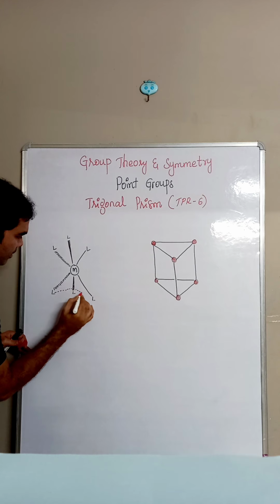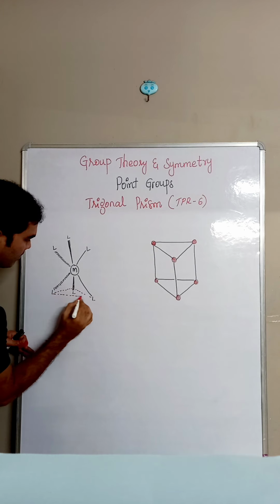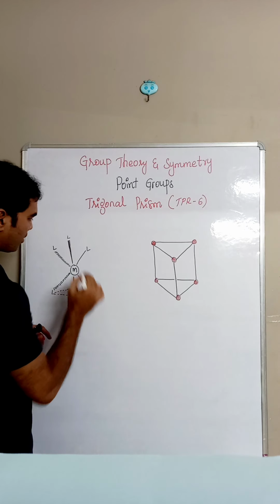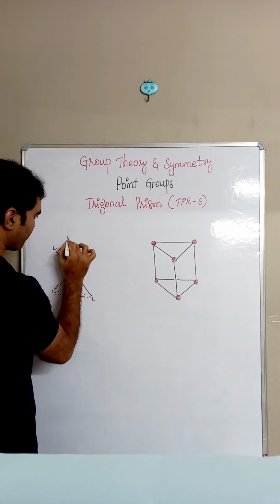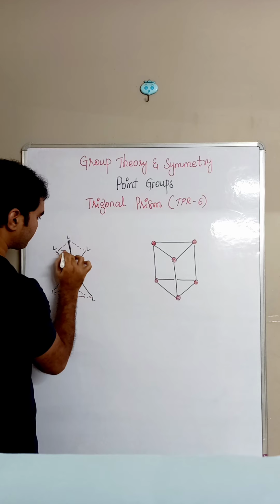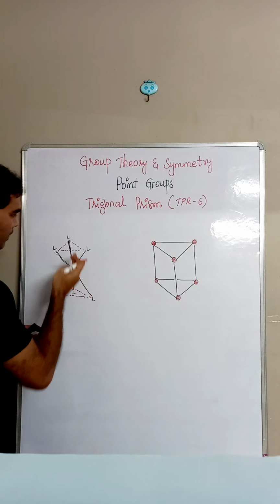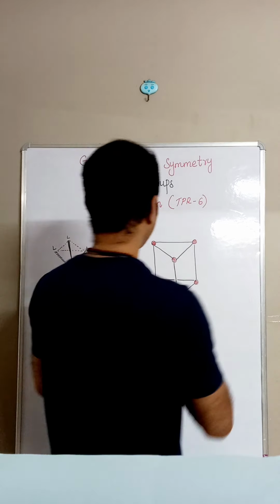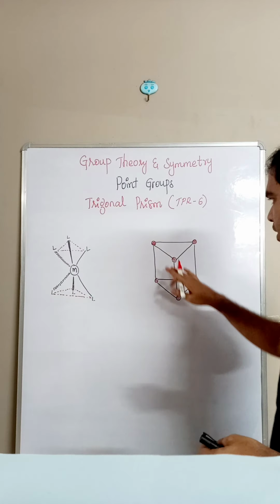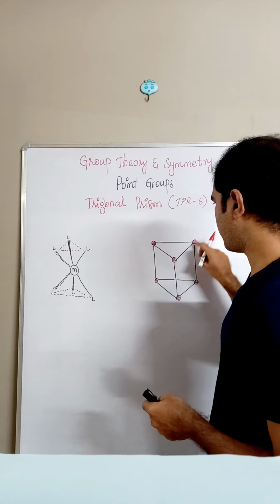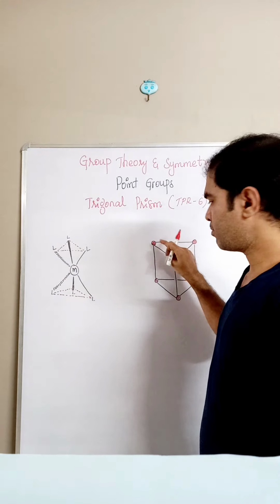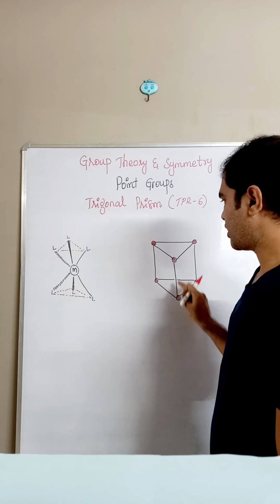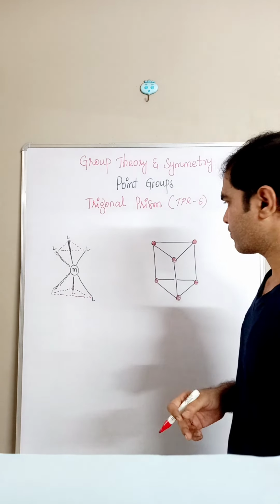If I can show these two trigonal planes, in the below trigonal plane, the corner is pointing towards us. Even in the above, it is just pointing towards us. Or the other way, we can draw as a polyhedra. We can see here, this is one triangular plane and another triangular plane, where the two corners of the two triangular planes are facing towards us.